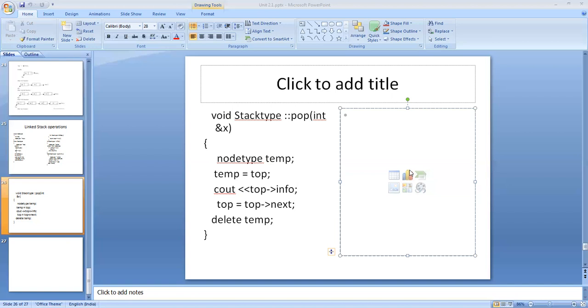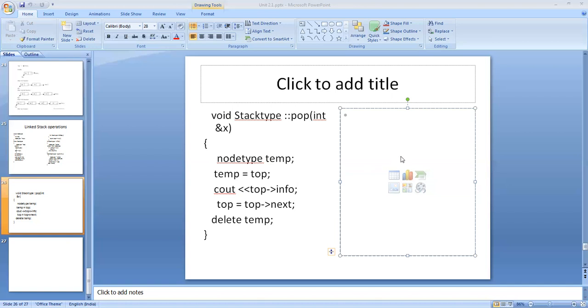I gave you the pictorial representation of your linked stack, especially the importance of having a self-referential structure. What I told you about that self-referential structure, it is a structure having a member which is a pointer member pointing the very same structure itself. Now we are going to implement the remaining operations like displaying the contents of that stack and using all these operations in a main menu. Okay, now we go over.